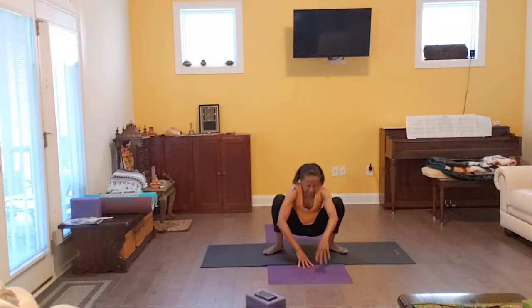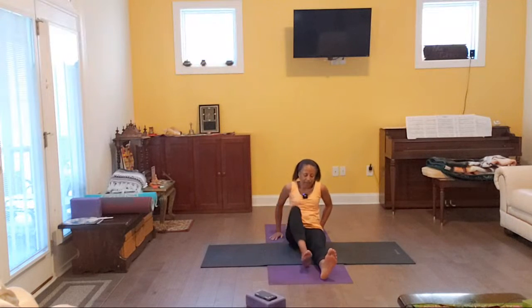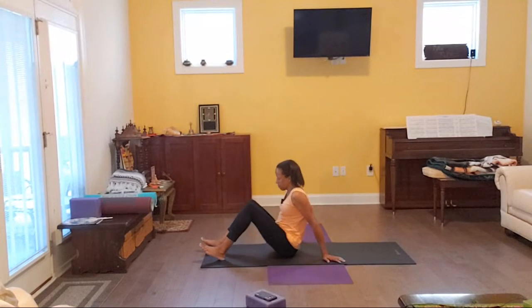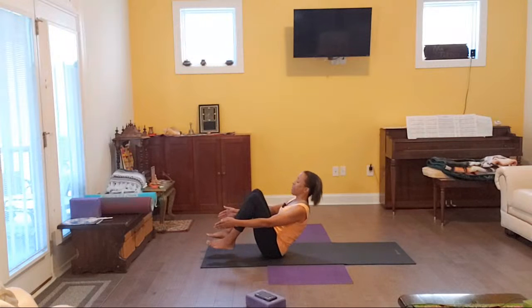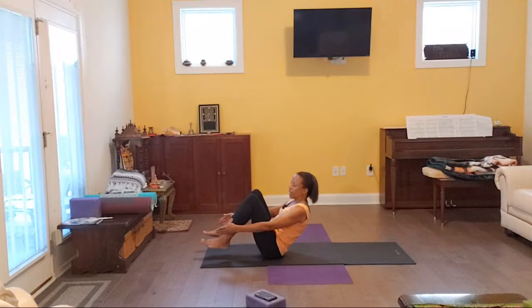And then lower your hands down to the floor, release your arms from between your legs, and sit down all the way. We're gonna scoot to the front of our mat and move our arms parallel to the floor. Pull your navel in toward your spine. Inhale as you lift your chest, and then exhale as you tilt back and lift the heels of your feet off the ground. From here, find your balancing point,